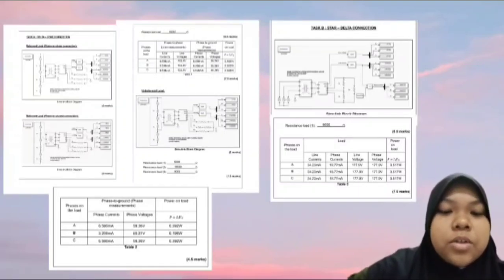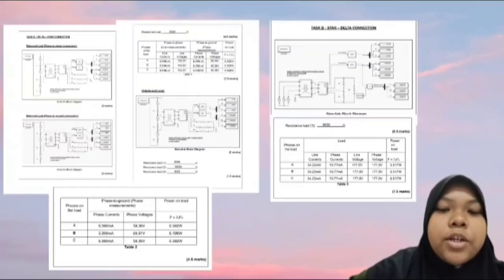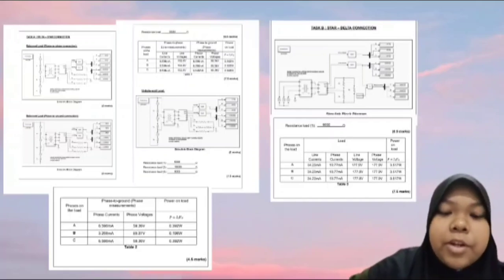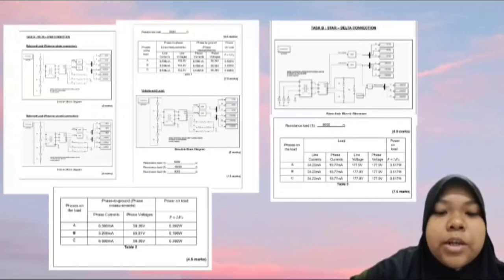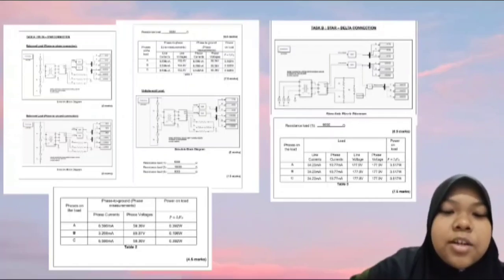One challenge was carefully setting up the simulating diagram, because it's a bit slow to move the components, and ensuring all the measurement blocks were correctly placed to get accurate readings. But by double-checking our setup and being patient, we were able to get consistent results that show the expected relationship. This lab greatly improved my understanding of delta and star connection and the importance of balanced load in three-phase